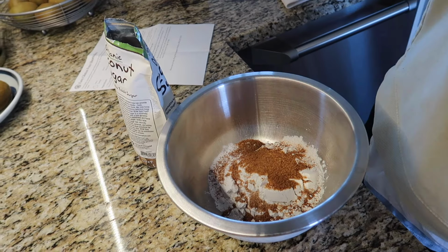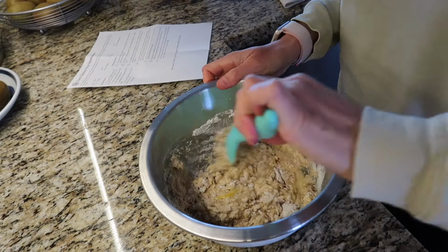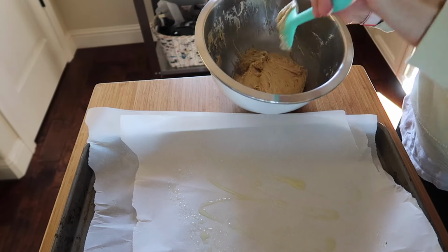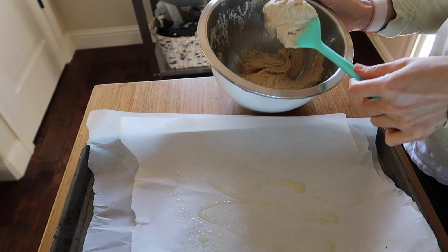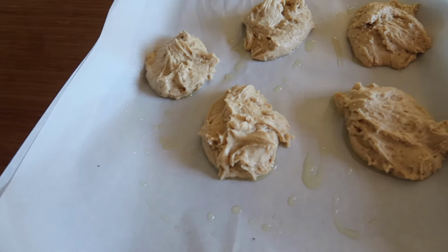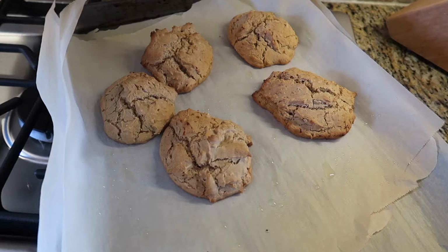So what I did first was make the shortcakes, and I can link to the recipe. I would say it wasn't my recipe, it was one that I found online. They turned out okay. They were a little dense. They weren't a dairy-free recipe, so I just swapped out coconut milk for the heavy cream, and they turned